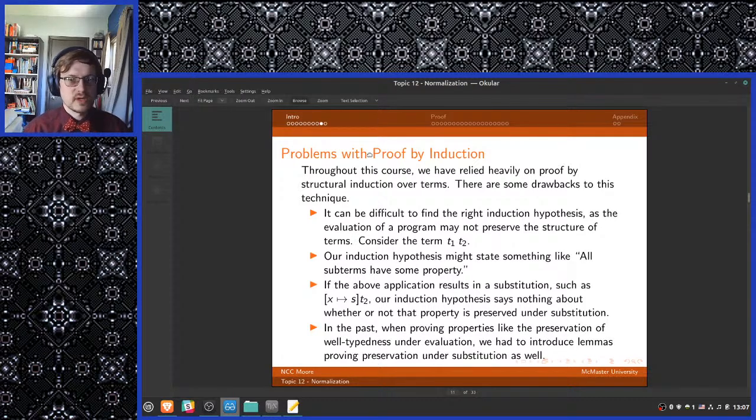Consider the term T1, T2, that is, T2 applied to T1. Our induction hypothesis might state something like, all subterms have some property. If the above application results in a substitution, such as x gets substituted for s in T2, our induction hypothesis says nothing about whether or not that property is preserved under substitution. In the past, when proving properties like the preservation of well-typedness under evaluation, we have introduced lemmas proving preservation under substitution as well. That's the reason, right, that we've needed to have substitution lemmas in addition to preservation properties when we've proved things in the past,